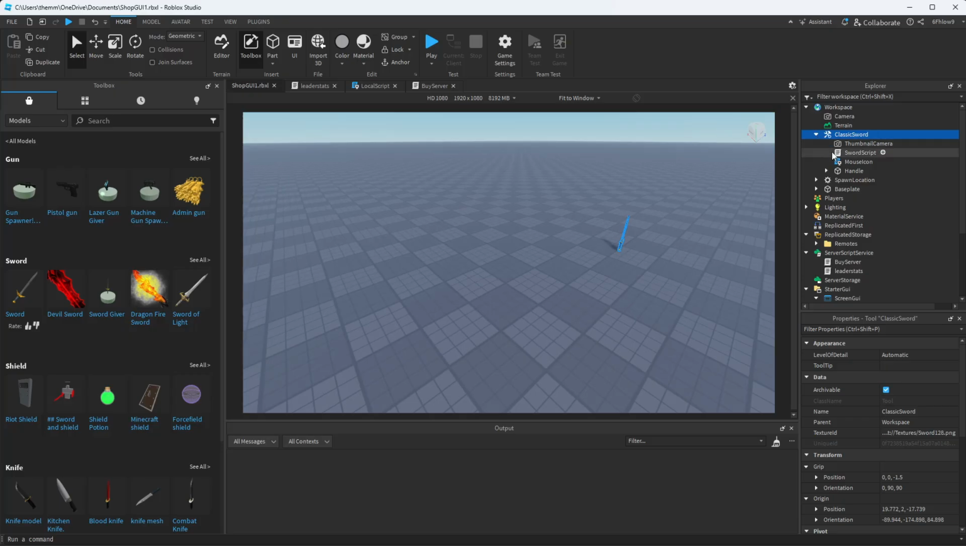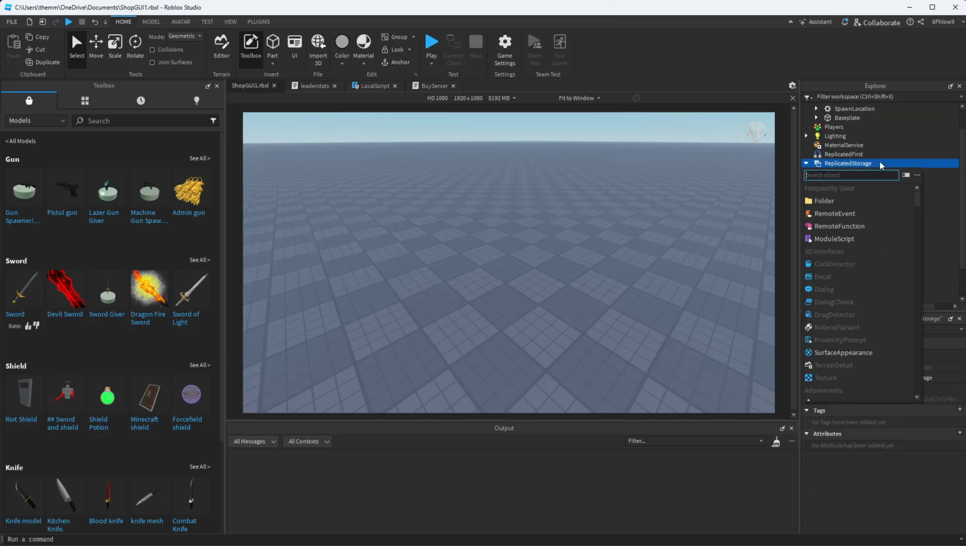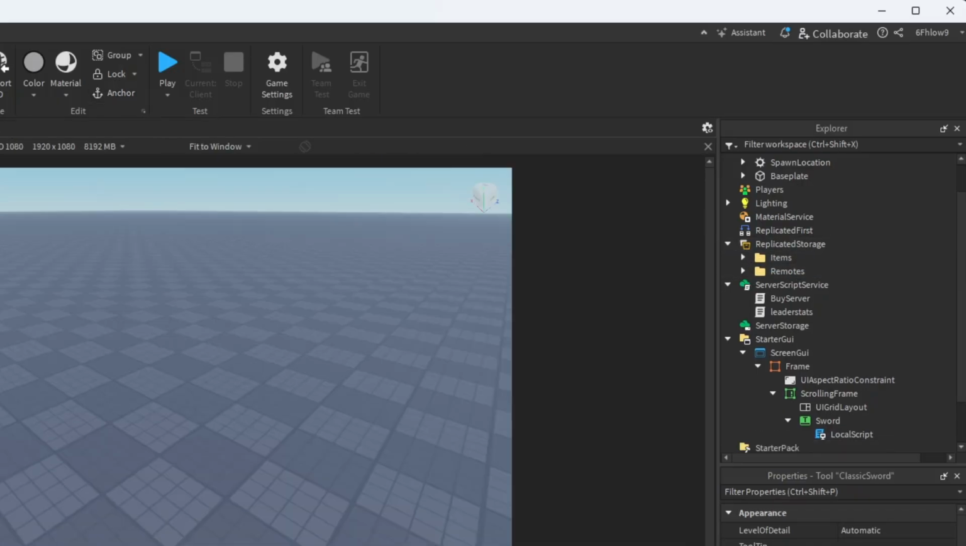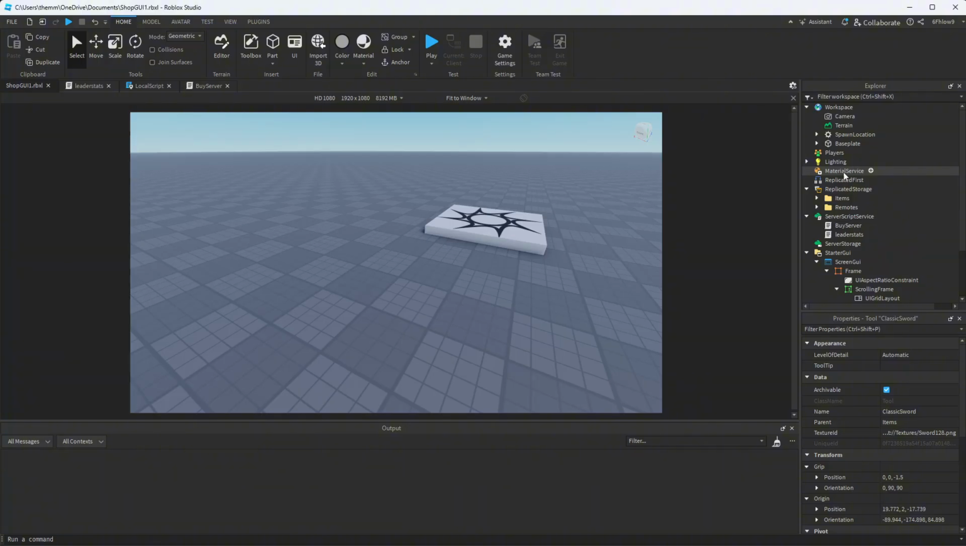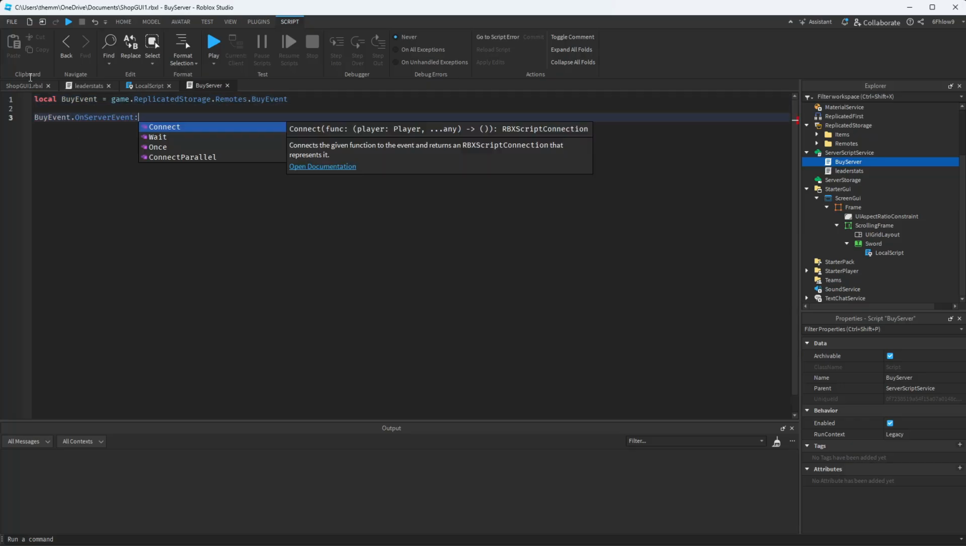And we want to put it in replicated storage, and we want to call this folder items. And the classic sword, we put it in here. So now that it's in there, inside of the buy server we want to reference the event that we created. So the buy event equals game.ReplicatedStorage.Remotes.BuyEvent,